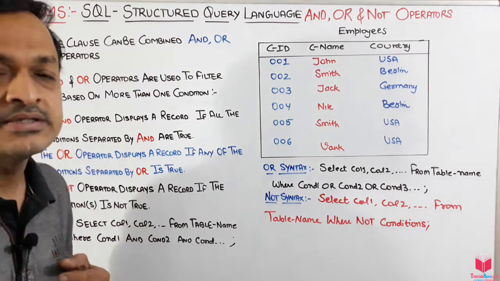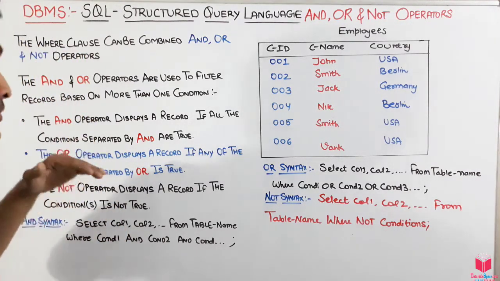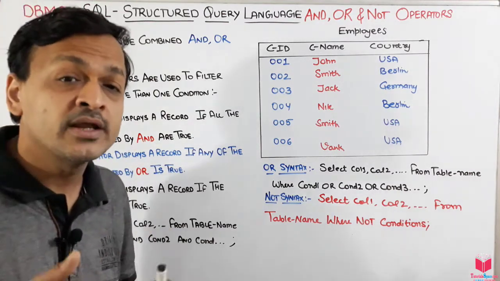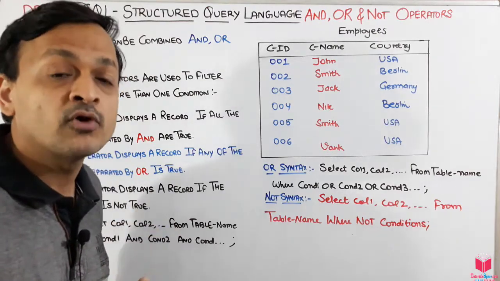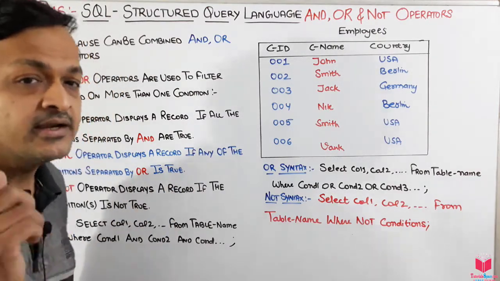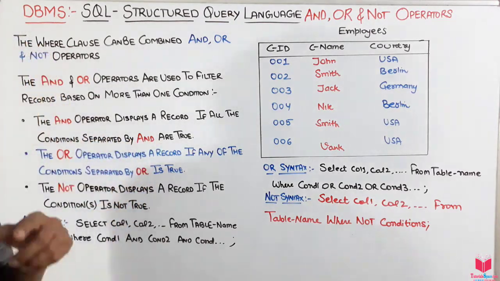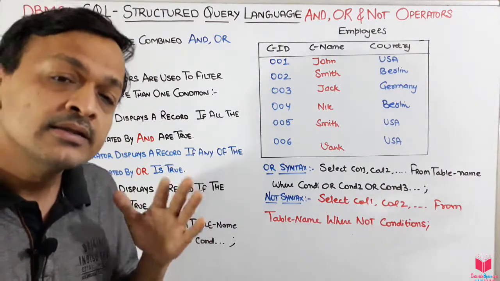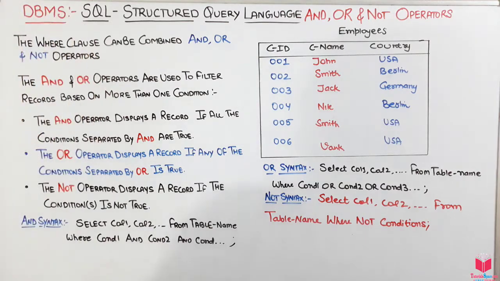When we are using 2 or 3 conditions with the AND operator, all these conditions should give something. We should get at least one tuple or row from those conditions, and then it will show you the result. If one of the conditions is not true, meaning it's not giving anything, then nothing will be displayed on the screen.